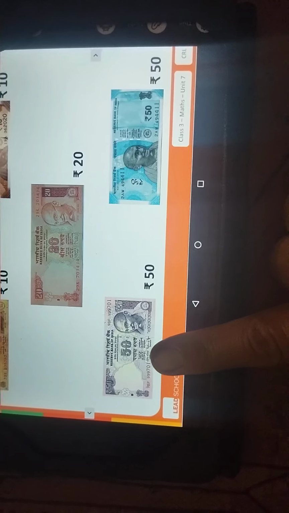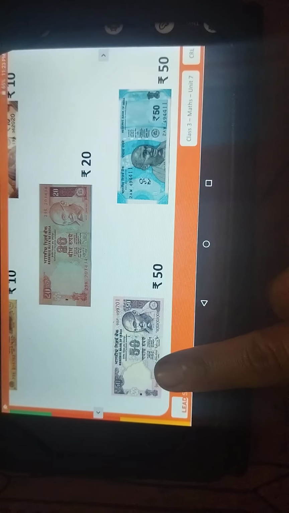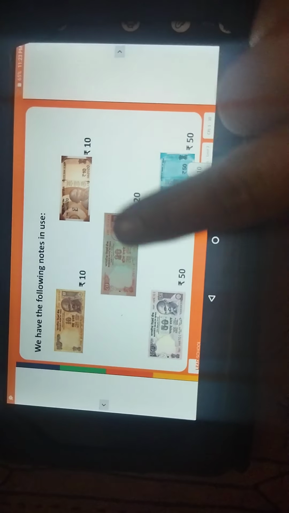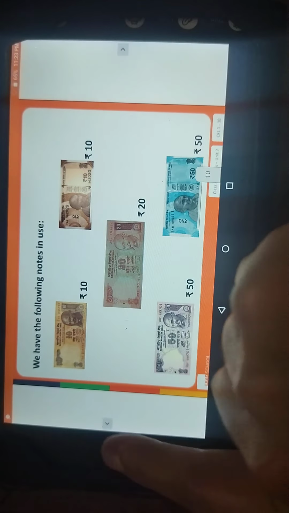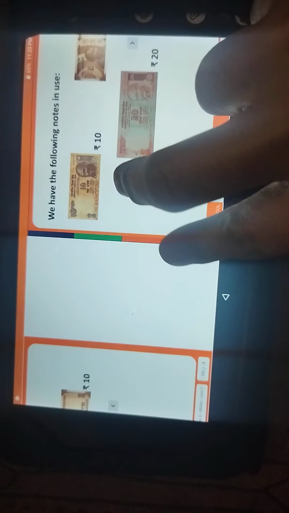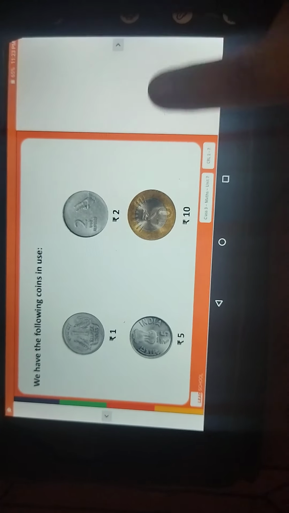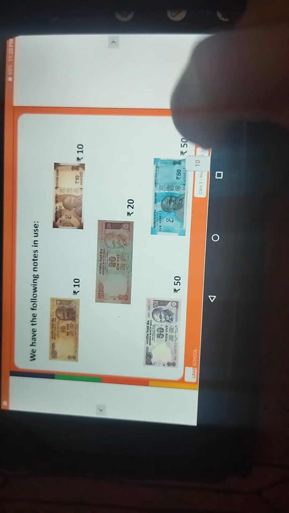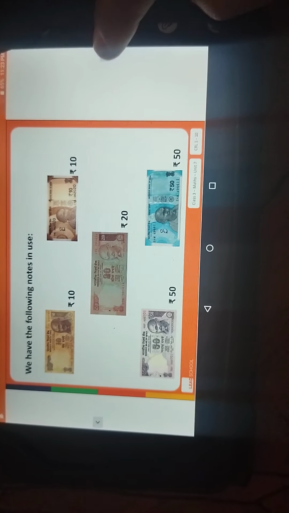So ये जो करेंसी है वो बिफोर 2000 से पहले वाला है, ठीक है, ये करेंसी. So here these notes we have to use in our daily life. जैसे ये कॉइन्स है वो हम हमारे डेली लाइफ में यूज करते हैं. Like that only this currency also, these notes we also use in our daily life.